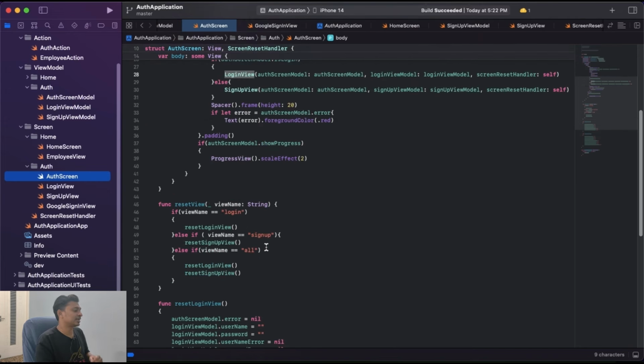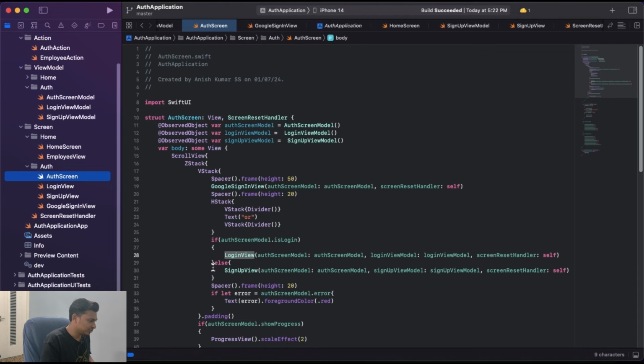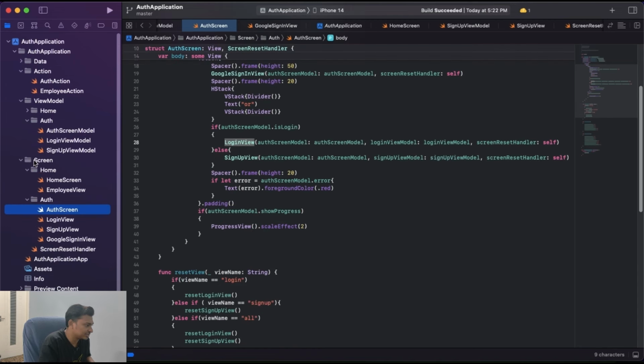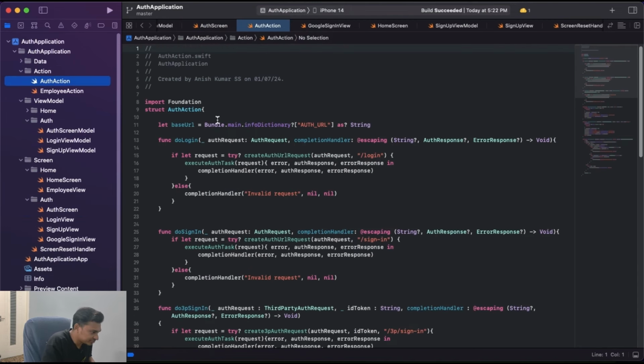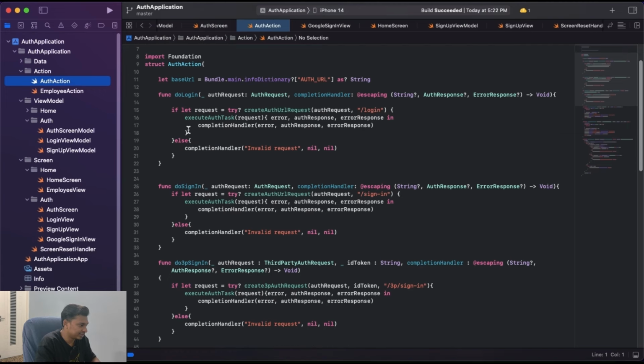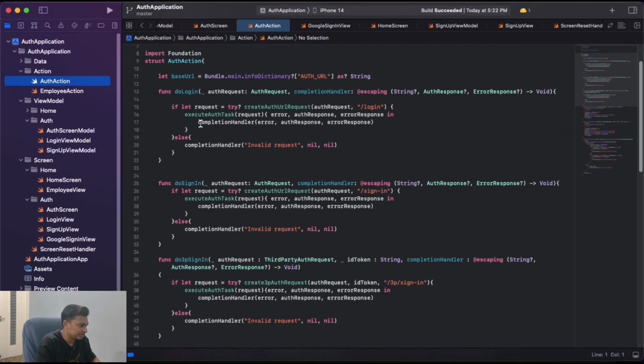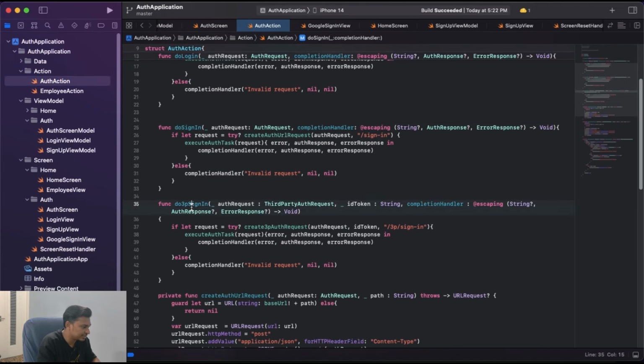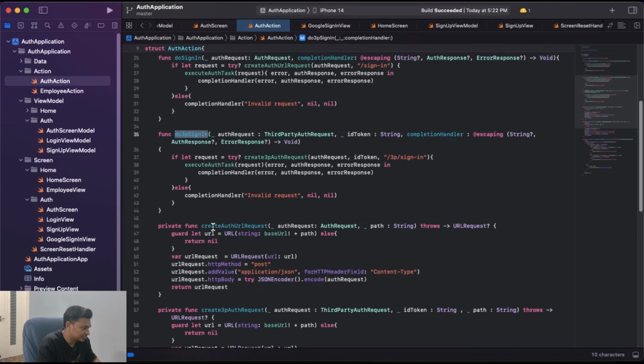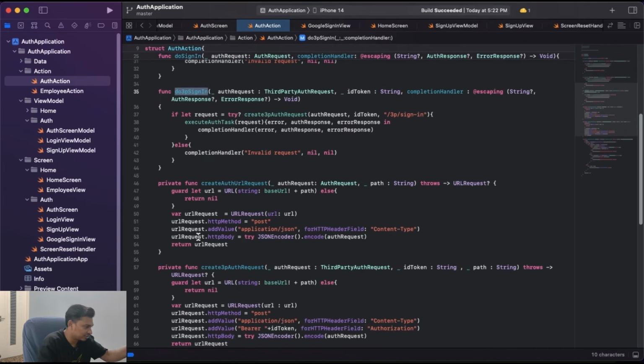What happens when the user clicks the login button, and what happens when the user clicks the sign up button. So here, as I told, we define it as action only. Here, if you come here, I have defined a base URL, then methods like do login, do sign in, do third party sign in, like that, and then some private methods which are in turn required here for these